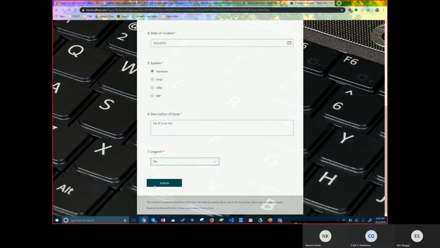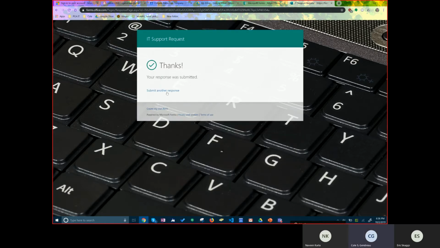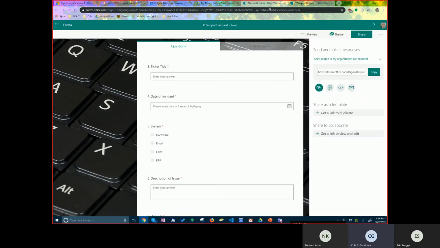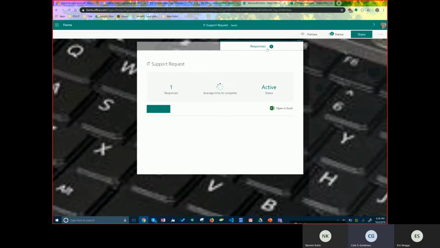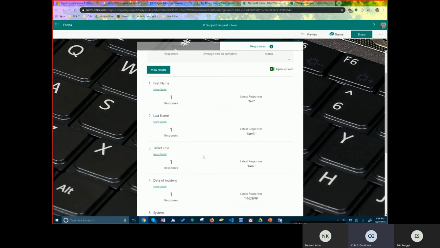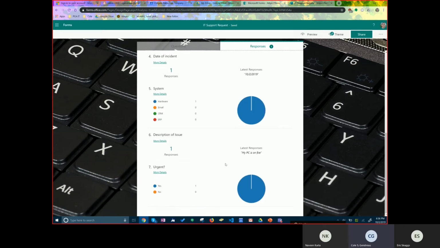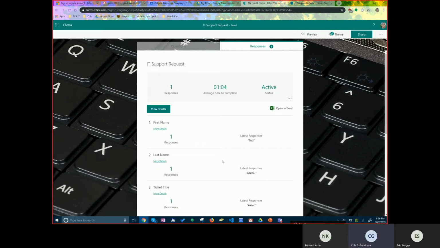All right. Submit. So that's awesome. We recorded the answer here in responses. We can already see we have a response, and it even does graphs and things like that for you, which is awesome. But what if we actually wanted to record these responses in a database or something like a SharePoint list? And so for that, we'll go ahead and